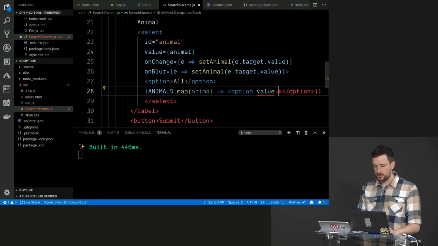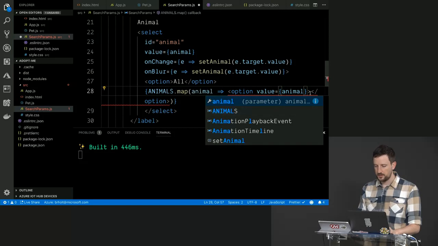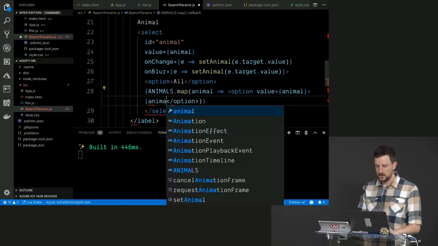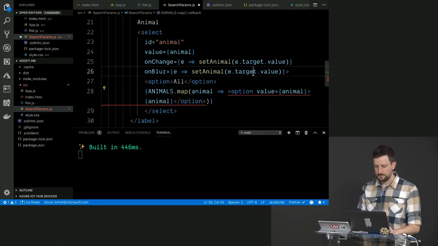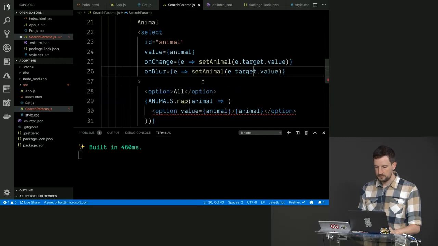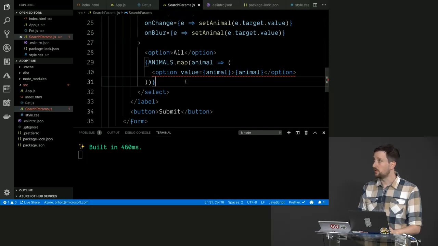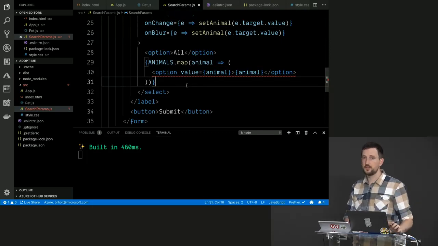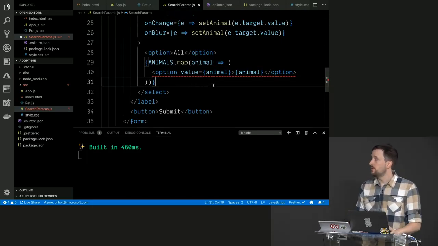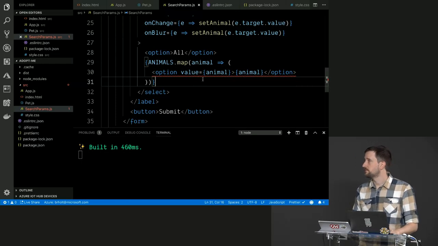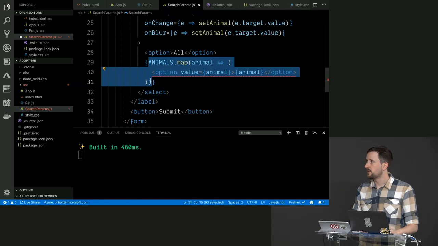The value of that option component is going to be the animal, and also that it's going to display animal. Okay, you'll get a red line here for just a second, which we'll fix here in just one moment. So does this make sense? First of all,